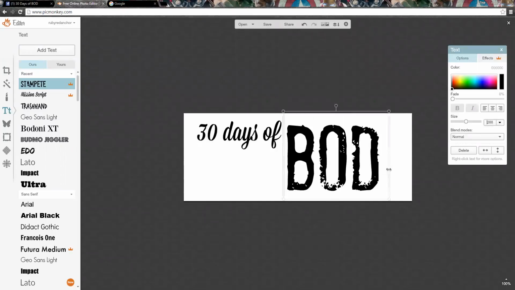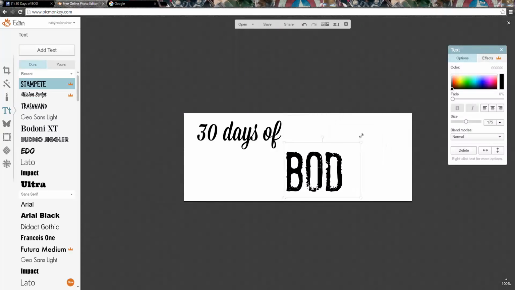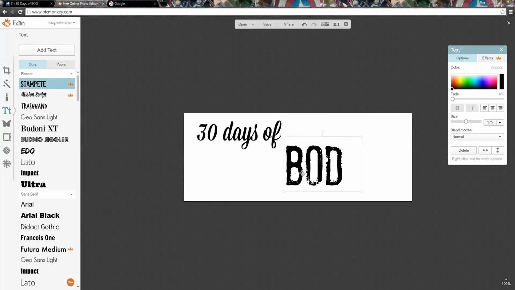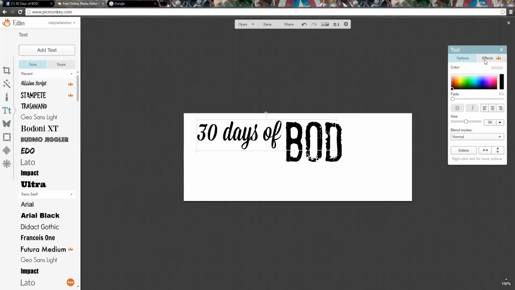Oh, hey there, that's kind of big. You just click on the outside and you can make it smaller. 30 days of BOD. This kind of looks funky. There are effects you can do too. Let's say I wanted to change this to